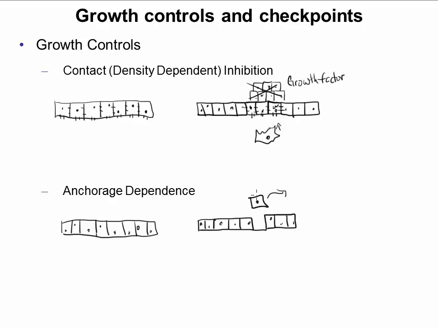And if a cell does break free of its tissue layer, then what actually happens is that cell will be killed off and will actually go through apoptosis. So programmed cell death will be initiated if cells lose their attachments to other cells or their basement membrane. And this is what's referred to as anchorage dependence. These cells, in order to stay alive, must remain anchored in their solid tissue layer.